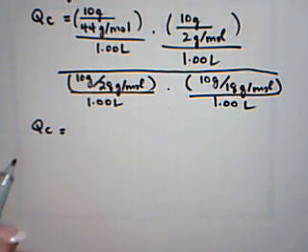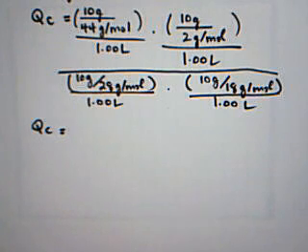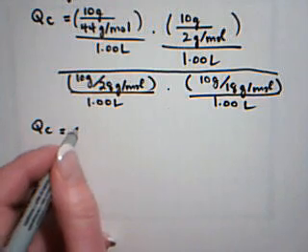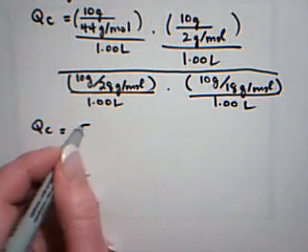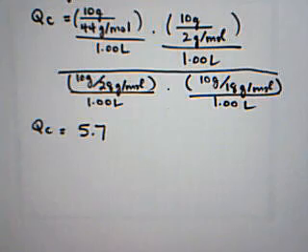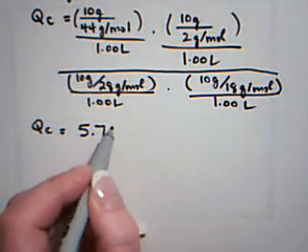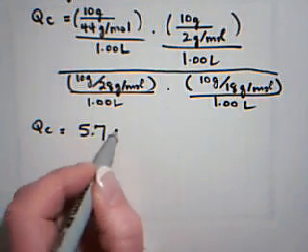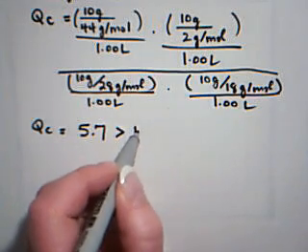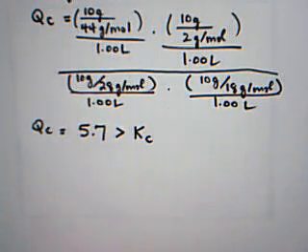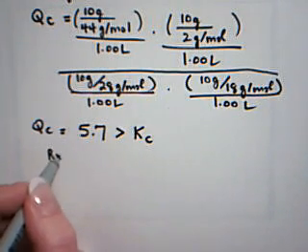then for Qc, let's check the calculations, is 28 times 18 divided by 44 times 2. And so I get a Qc value that's equal to about 5.7. And when I compare it to the K, I find that it's greater than the Kc, which of course was 1.00. And therefore, the reaction